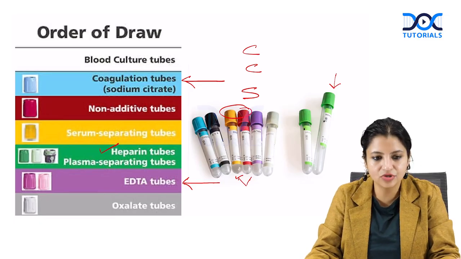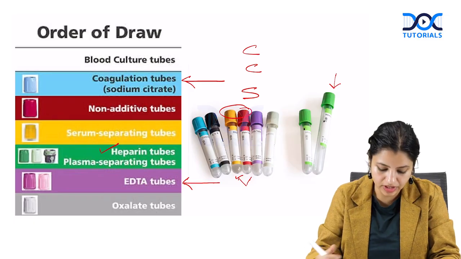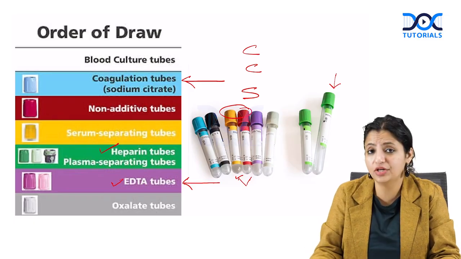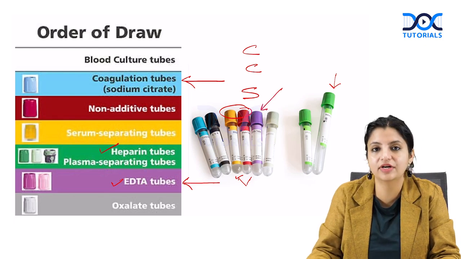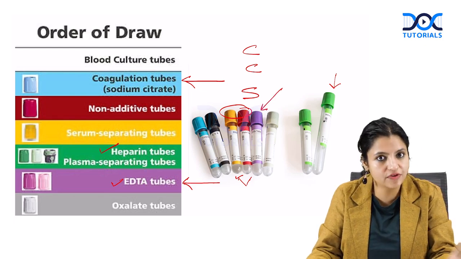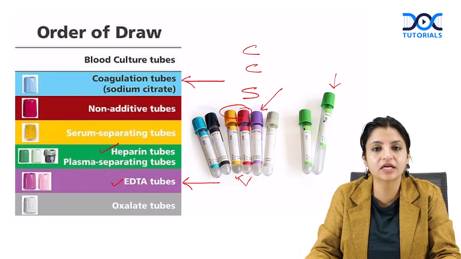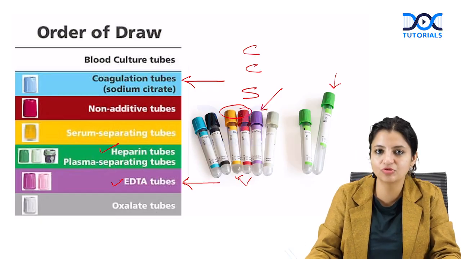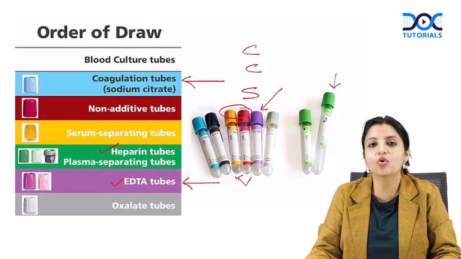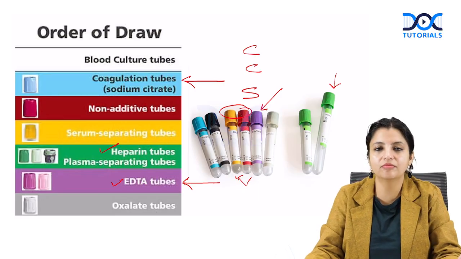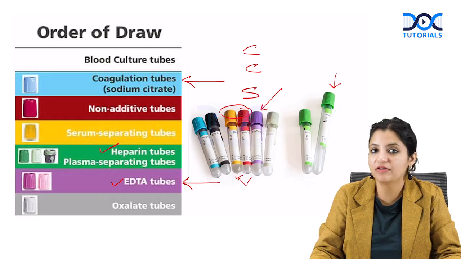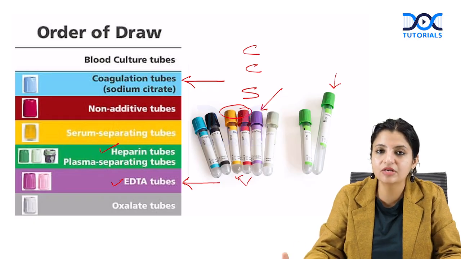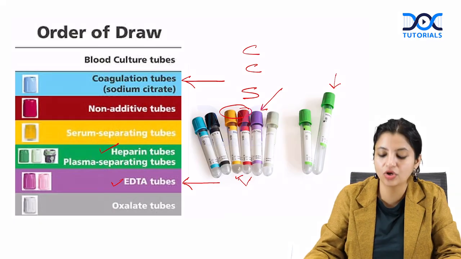And of course, whenever we talk about the next tube, that is your EDTA tube, which is a lavender top tube. This is one of the very strong anticoagulants. It is an irreversible anticoagulant, so it has to be taken near the end. And all your CBC, PS, complete blood count, your peripheral smear examinations have to be done on your